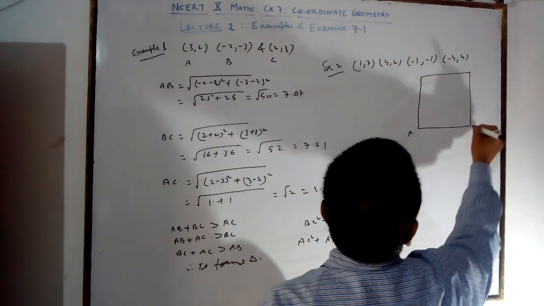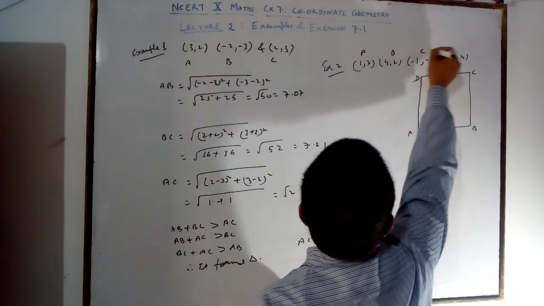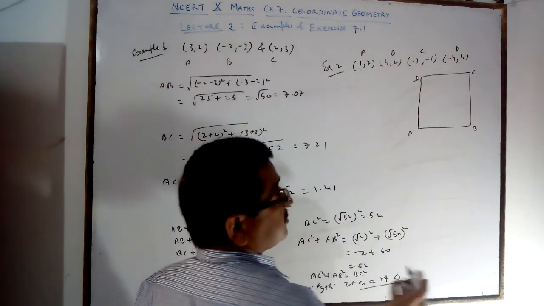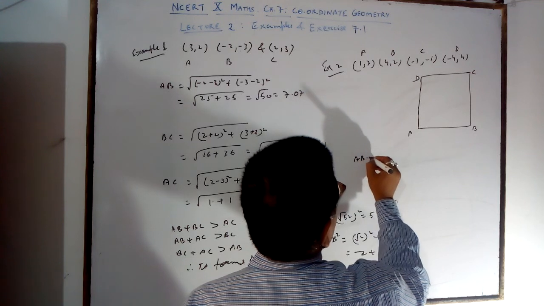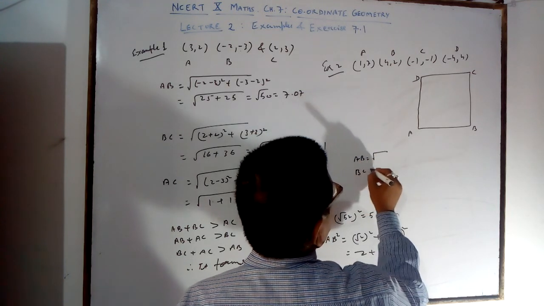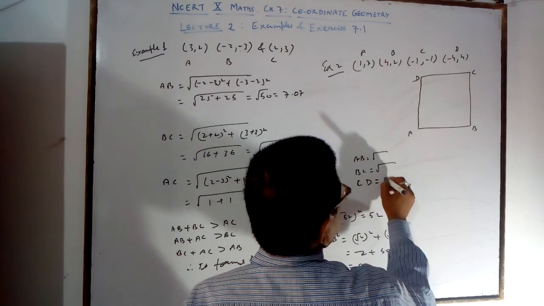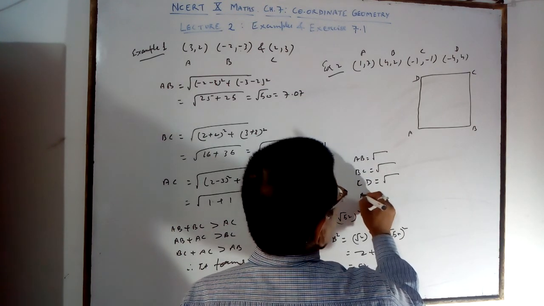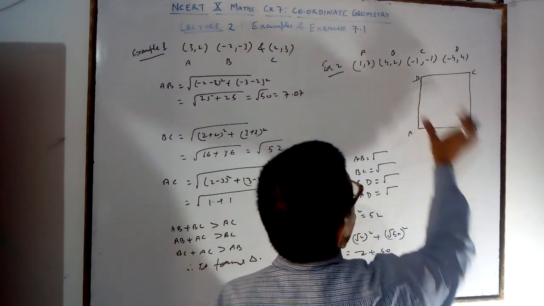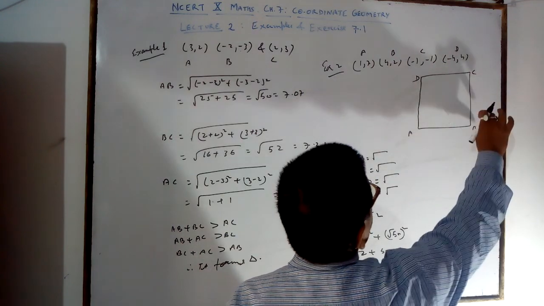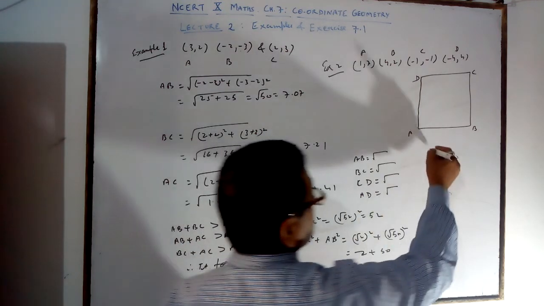Square property, you know. A, B, C and D. We will say it is A, B, C and D. Rhombus also has the same thing. All the vertices you will write down. Find AB by distance formula. Find BC by distance formula. Find CD by distance formula. Find AD by distance formula. You write down x1, y1, x2, y2 like this, and all four sides you will get equal.